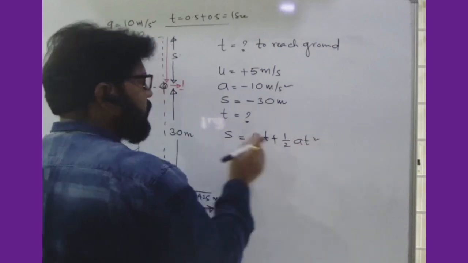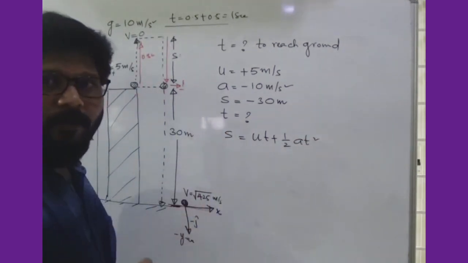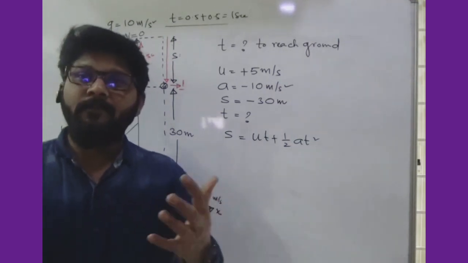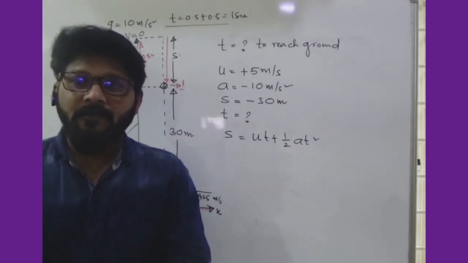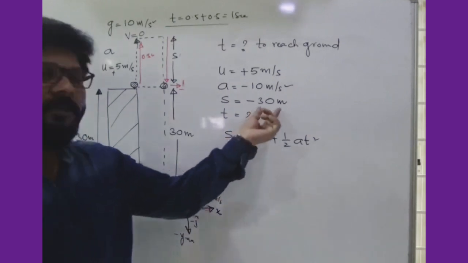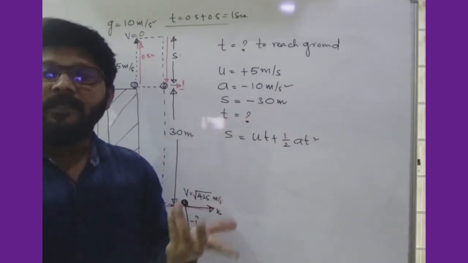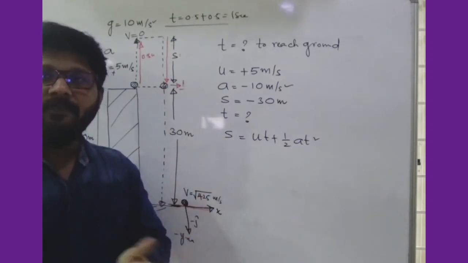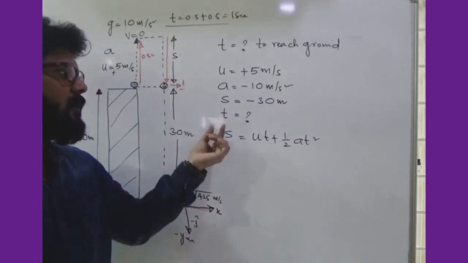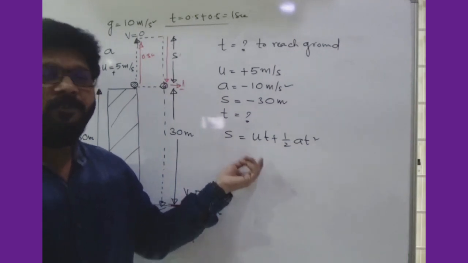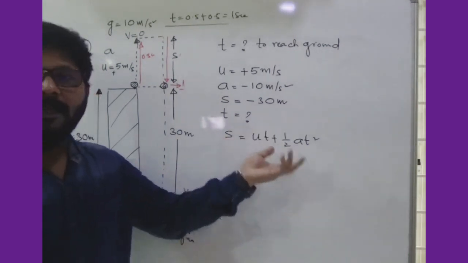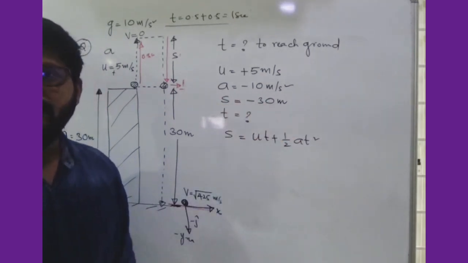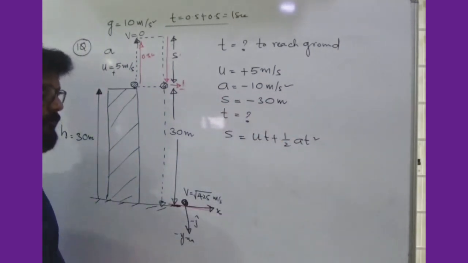Any other way to calculate this t? Any other formula? You should not say at the end of the day that you are unable to apply the formulas. The first one, V is equal to u plus at, but in that distance is not there. We require how much distance it has traveled. In V is equal to u plus at, velocity, u and a are there and you can calculate time, but how much distance it is. Is it clear?